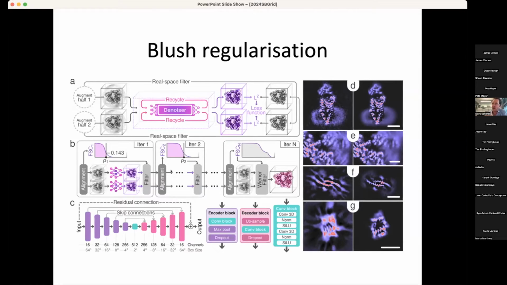And then, of course, if you know you have a protein, you could have a neural network that does some sort of operation on your cryo-EM map that makes it look more like a protein. And there are software packages out there that do exactly that.